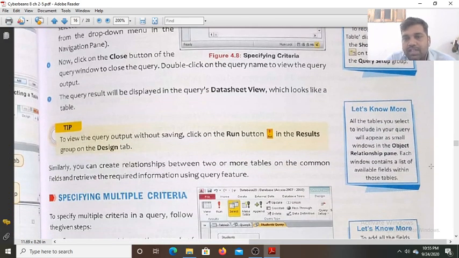All the tables you select to include in your query will appear as a small window in the object relationship pane. Each window contains a list of available fields within those tables.